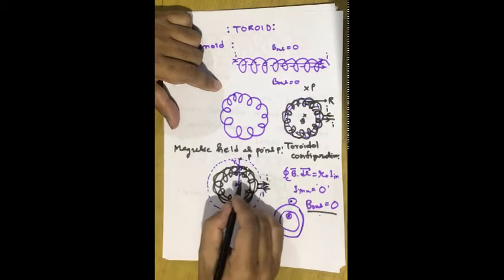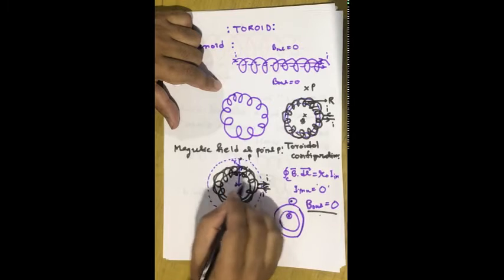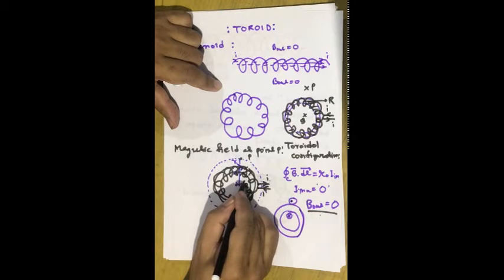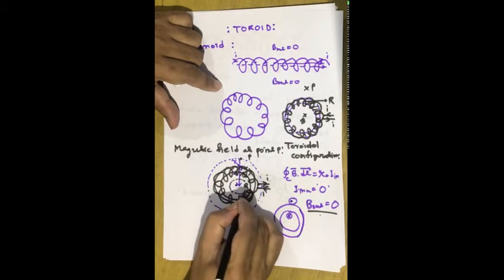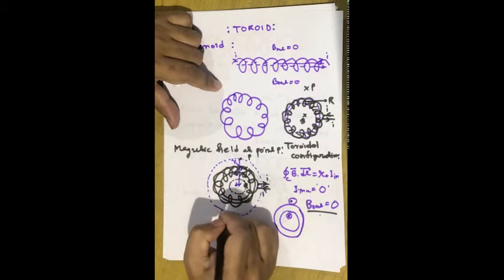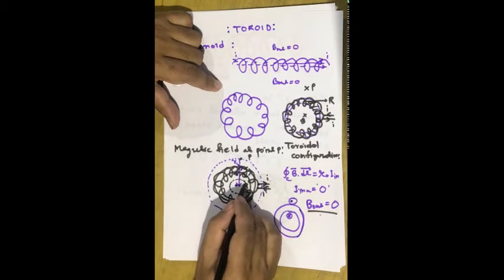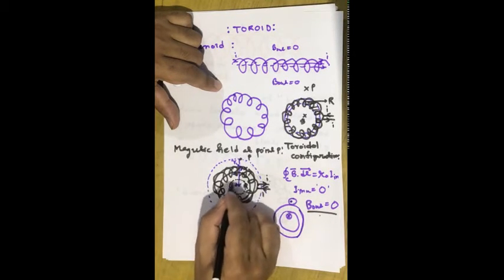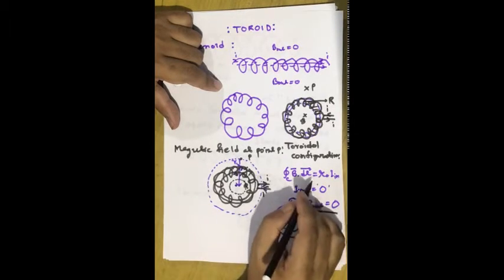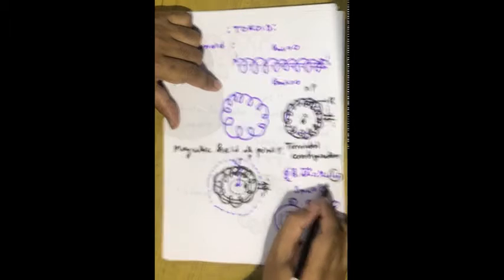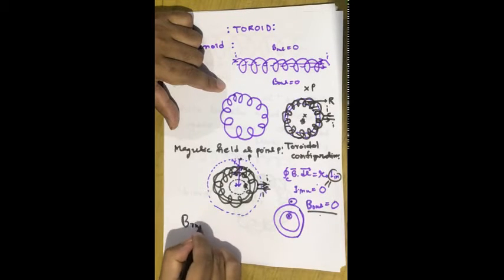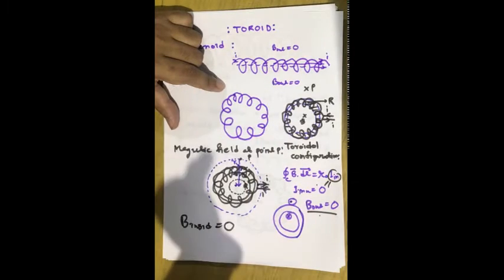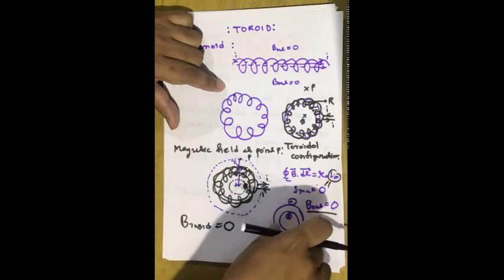Okay, now if we want to calculate the magnetic field at any point, say a point Q inside the toroid, then we have to imagine another Ampere's loop passing through the point Q. Now as you see, this Ampere's loop does not contain any current, because the current is passing along this direction, and our Ampere's loop is inside the toroid. So for any inside point also, I inside is equal to 0. So from Ampere's law, since the loop does not enclose any current, B inside is also equal to 0.